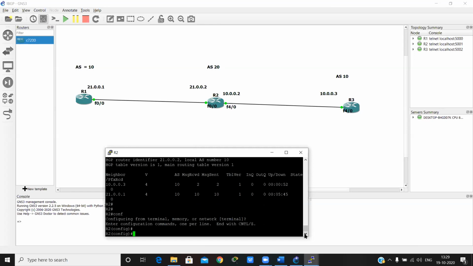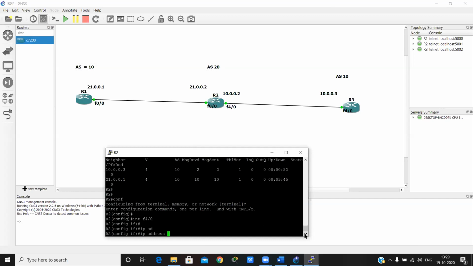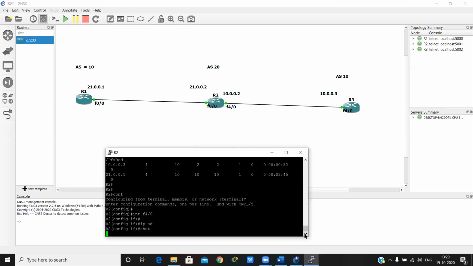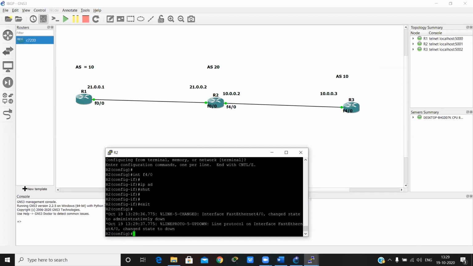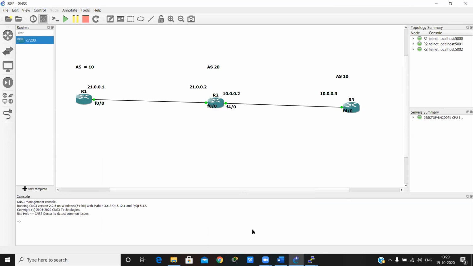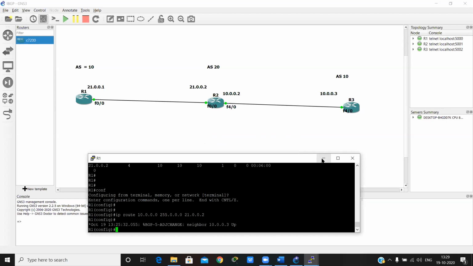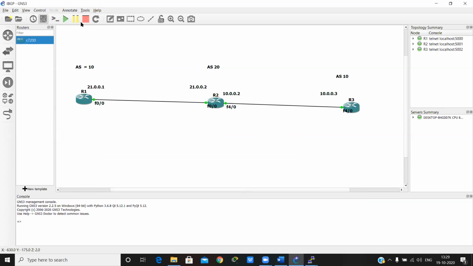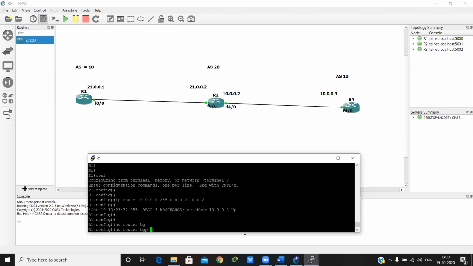Global configuration mode, interface F4/0, shutdown. And then no router BGP 10.